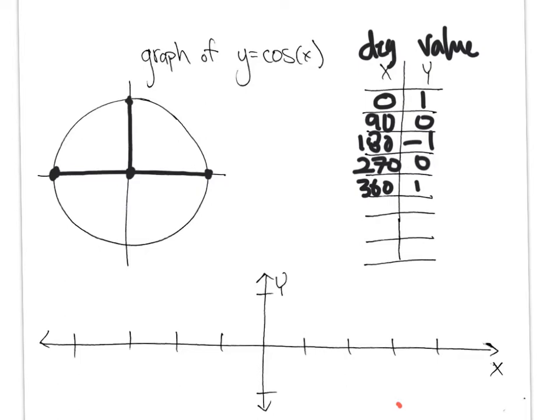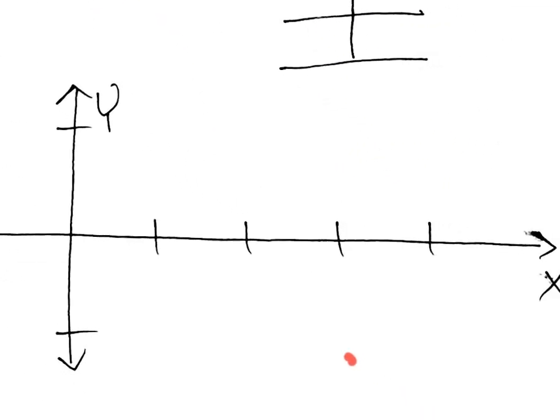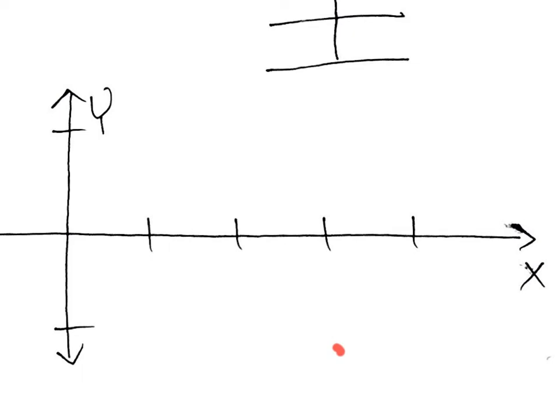So let's zoom in. Notice how we were only talking about positive angles, so we'll just look at this for now, to keep it simple. So we have 0 degrees, 90 degrees, and these are normally appropriate values to put on the x-axis. 180 degrees, 270, 360, and if we went another 90, 360 plus 90 would give us 450 degrees. Let's get rid of that stuff. So up here,